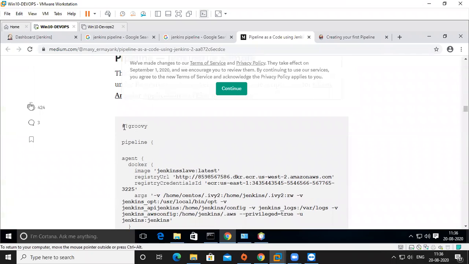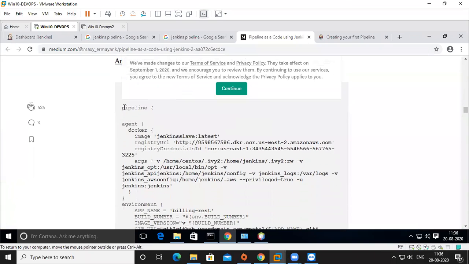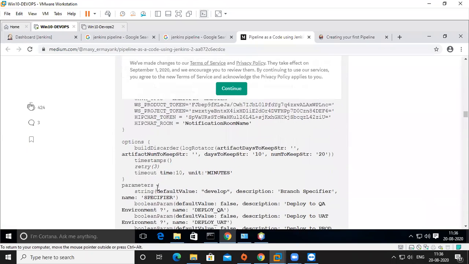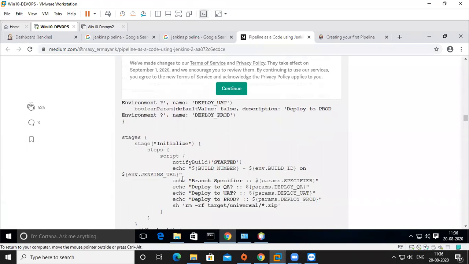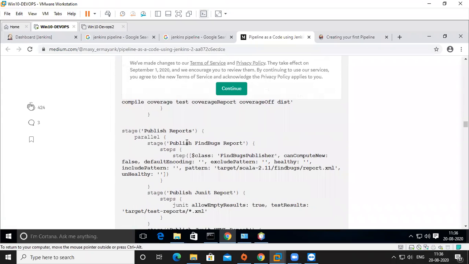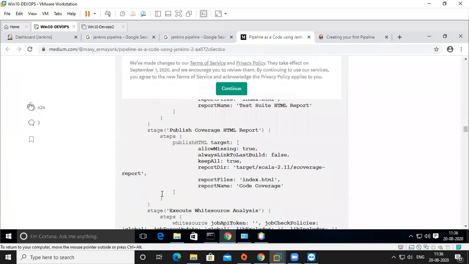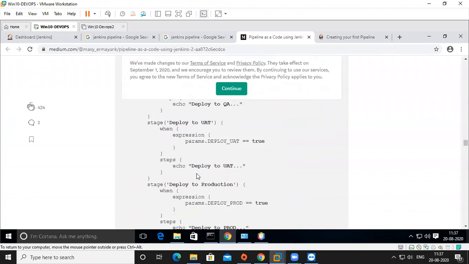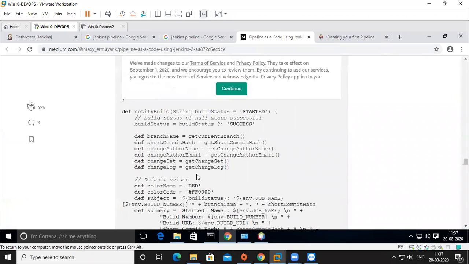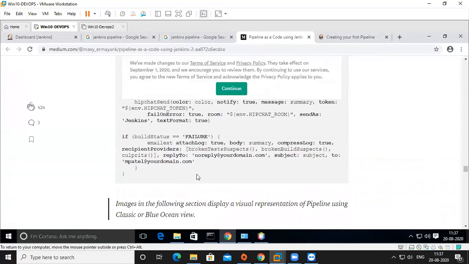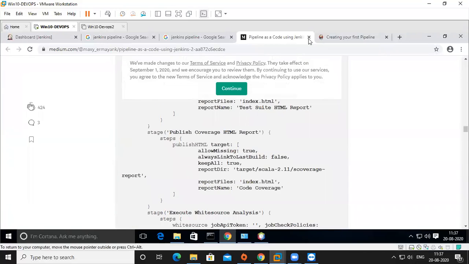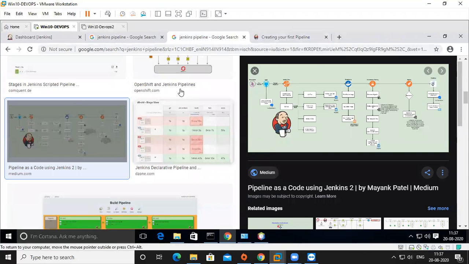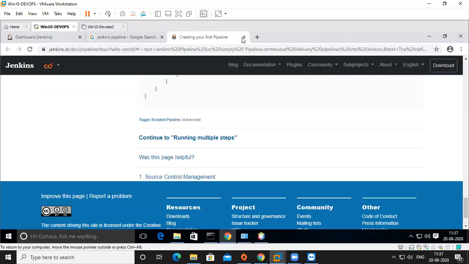He declared it on the Groovy platform: pipeline, agent, Docker, environment variables, and every aspect like initialization, build, publish report. It makes things easier, but we need to write everything in a Jenkins file. So we won't do this one.